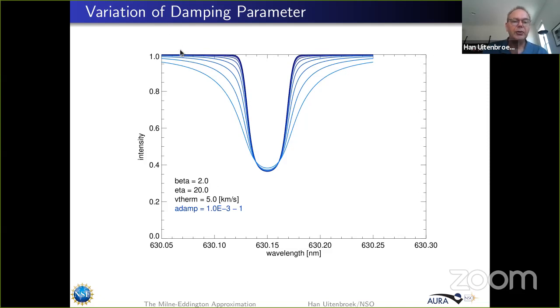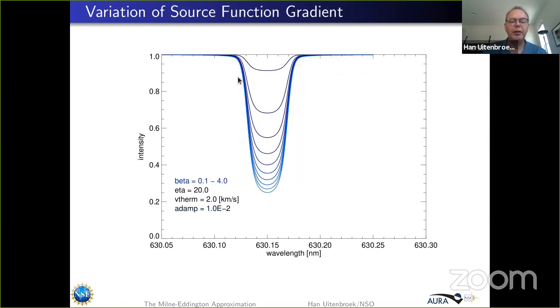Or actually, it's 1 over 1 plus beta, so that it's constant for all profiles. For these values, I varied the damping parameter from 1000 to 1, and these are presented by the 10 blue lines. Here I varied the gradient of the Planck function, beta,